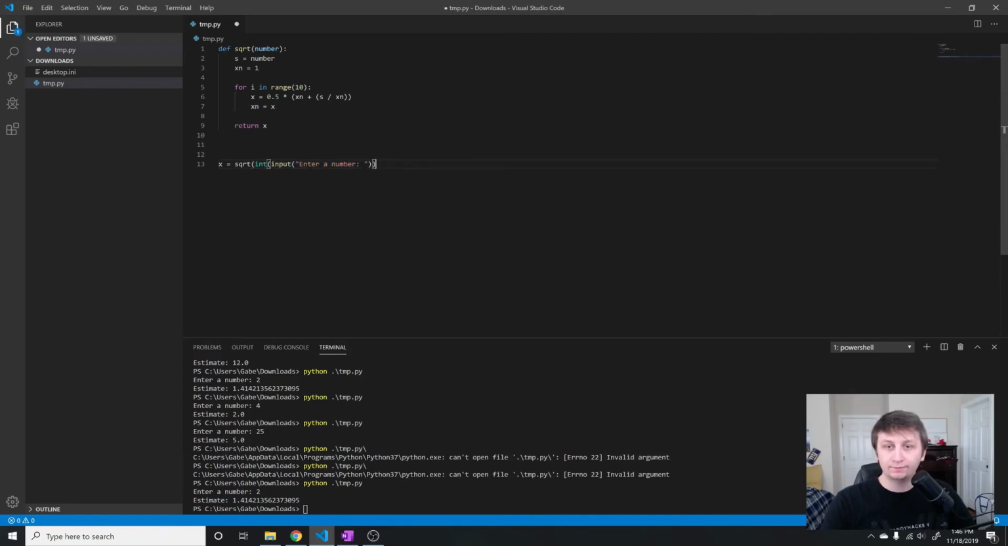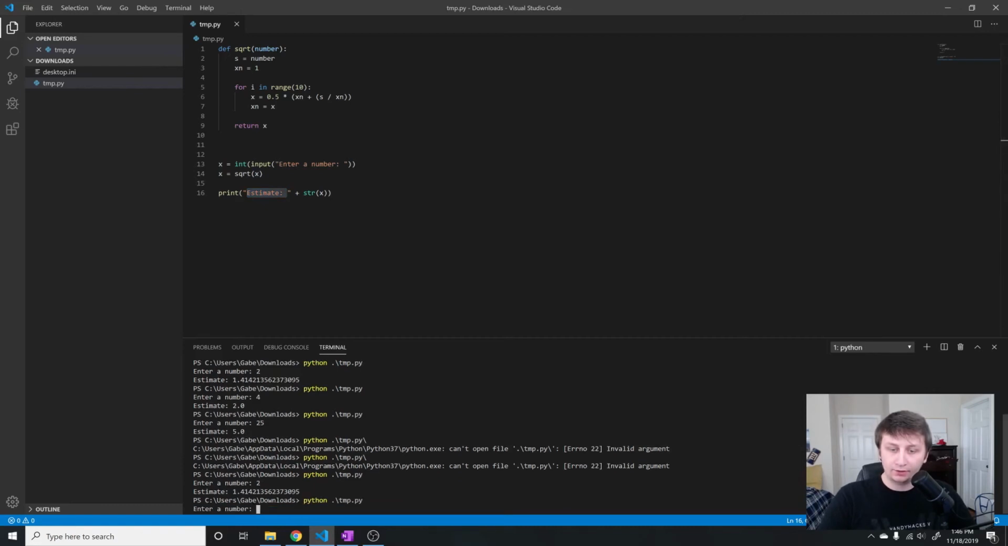Or actually, we'll initialize x to be the input once again right here, and then we'll say x equals the square root of x, which means x is going to be assigned the square root of whatever they enter. And then just to make sure it worked, we'll say print estimate, and then we'll pass in the x value, of course, with a string little wrapper around it to make sure that we can pass this all in together. So if we do Python and run this one more time, and we say 4, it gives